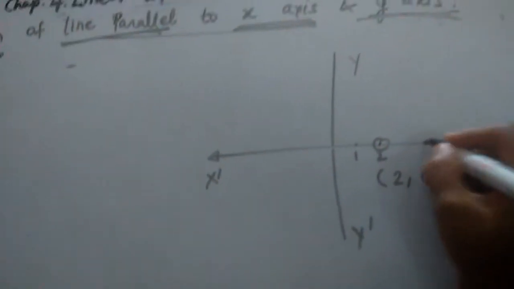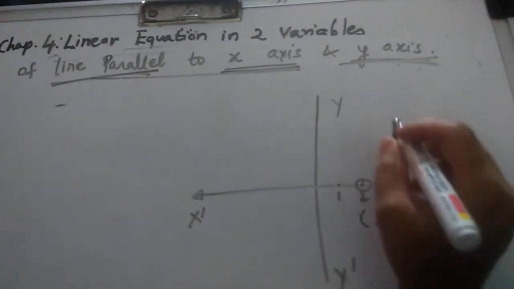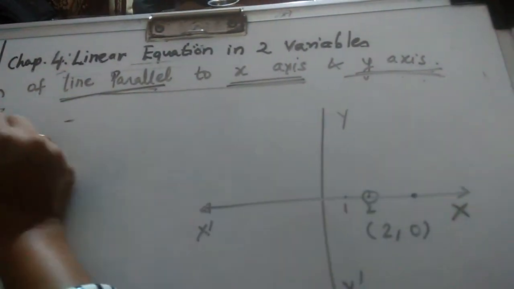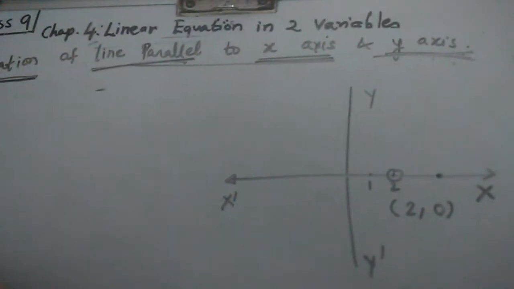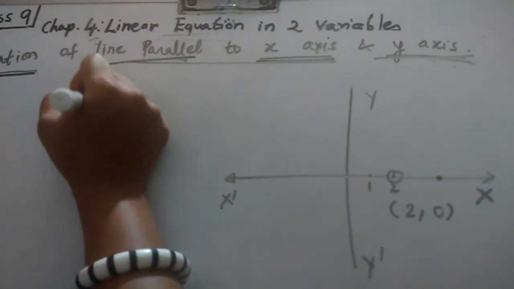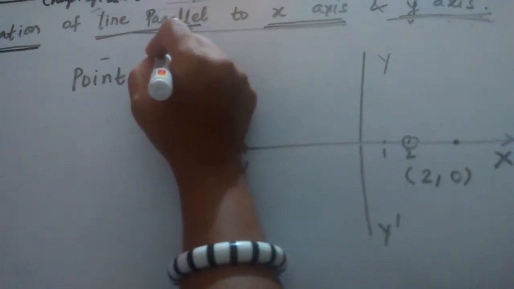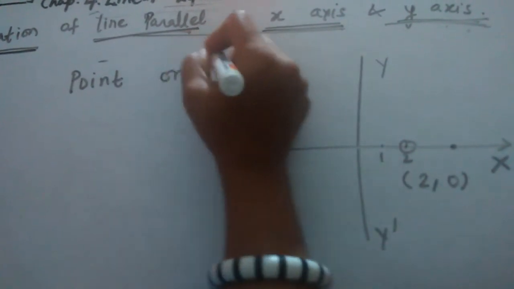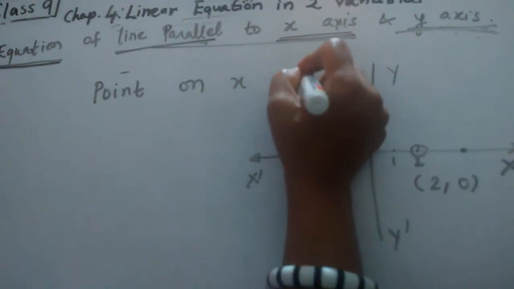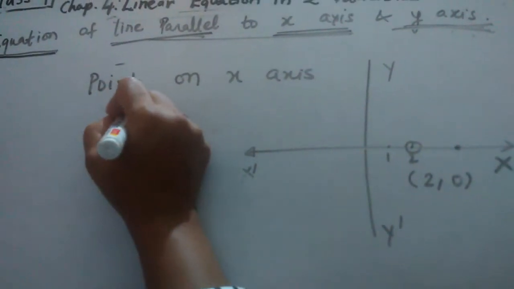So any point which is lying on this x-axis, I'll just write it down, point on x-axis, it will be of the form